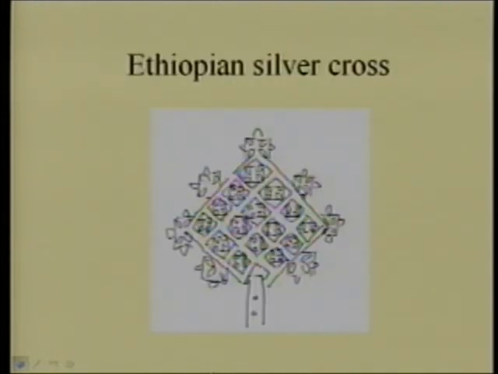Here is another fractal, not from a building, but it shows you the strong foundations of the fractal tradition, an Ethiopian silver cross. The Ethiopians are Christian, and they have processional crosses, and here is one where you clearly see the fractal structure. The larger processional crosses, because they are so large, enable the artisan to have smaller and smaller structure, and the artisans have used the fractal tradition in order to create a fractal design. These are wonderful objects.